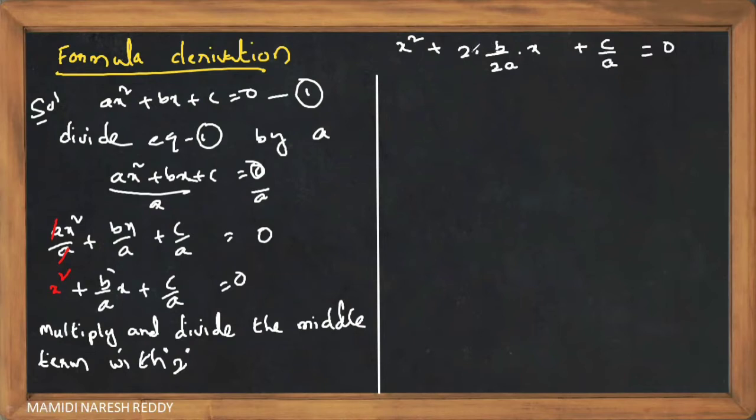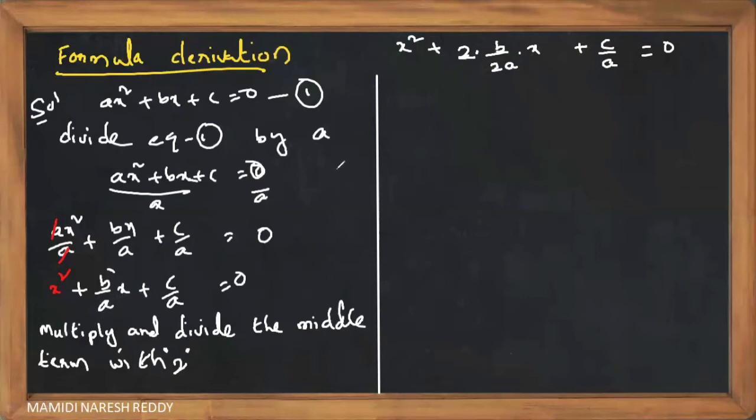See, children, what is the difference between this step and this step here? Only the middle term has been changed and the rest of the things remain the same. Only the numerator and denominator I multiplied with 2 and divided with 2. That's it. Nothing else I have done. If you have any doubt, please kindly ask me. Whenever we divide with 2, it goes to the denominator.